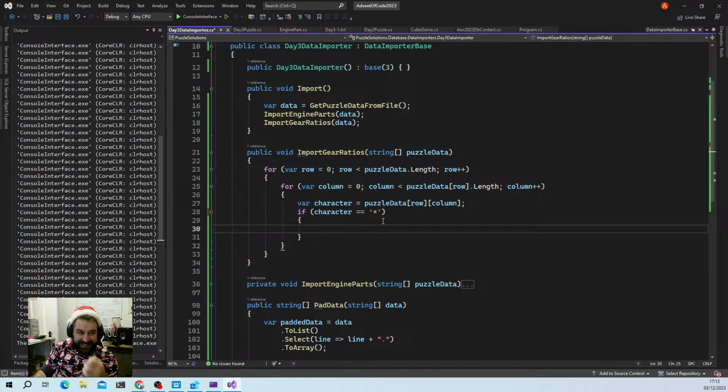So we're at a potential gear ratio position now. The first thing we want to do is look left and right. They're the easy bits, right? So var left equals